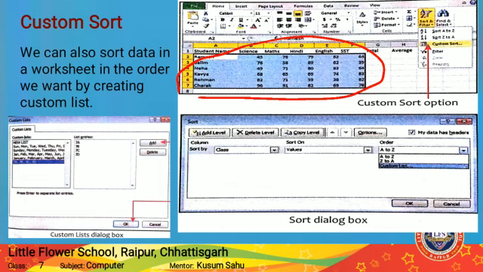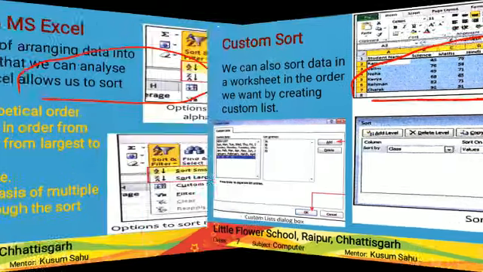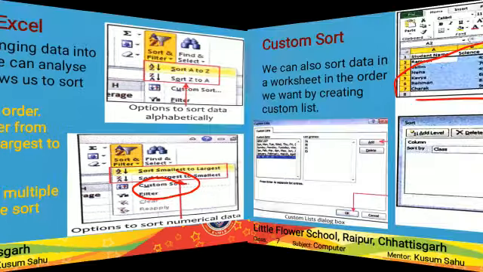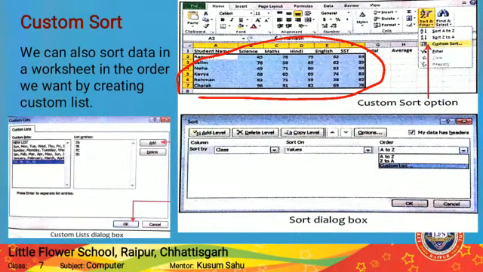For this, we have to select the cell range, the data we want to sort, then go to the home button and select the sort and filter button, and then we have to click custom sorting. Here you can see the option of custom sorting. Through this we can use custom sorting. Here you can see we can select the entire list we want to sort. Here you can see custom list is written. So here is all about sorting.